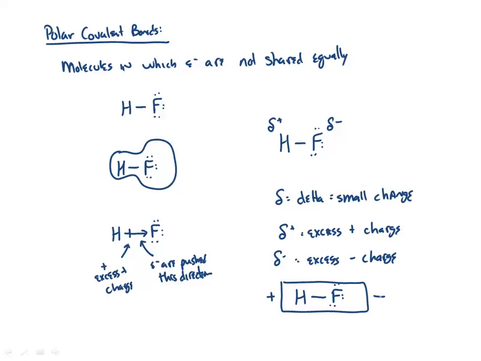So we can have these polar covalent molecules that have this separation of charge that causes them to behave kind of like little magnets. So how do we tell